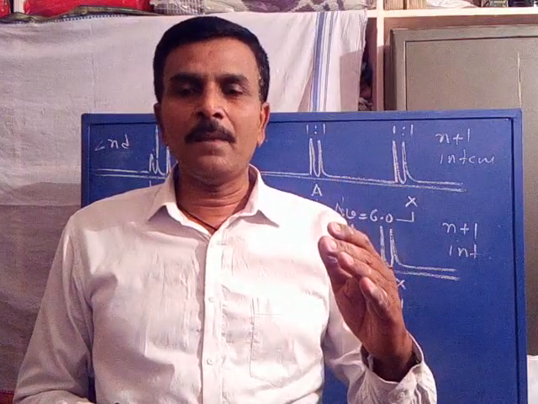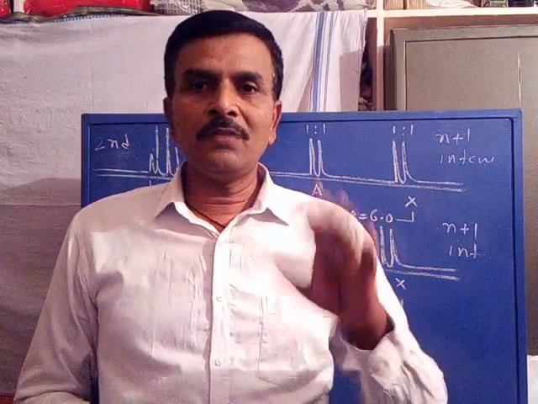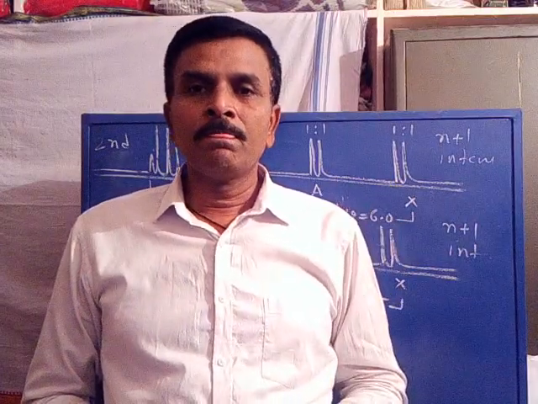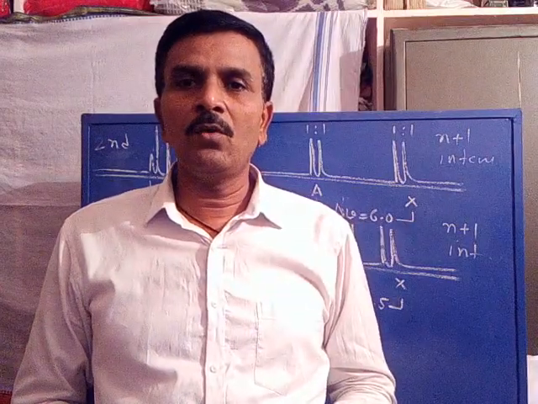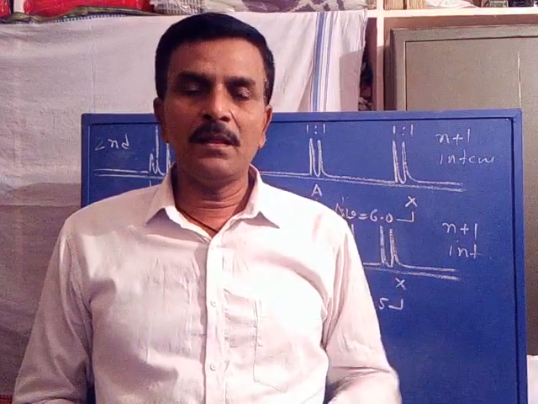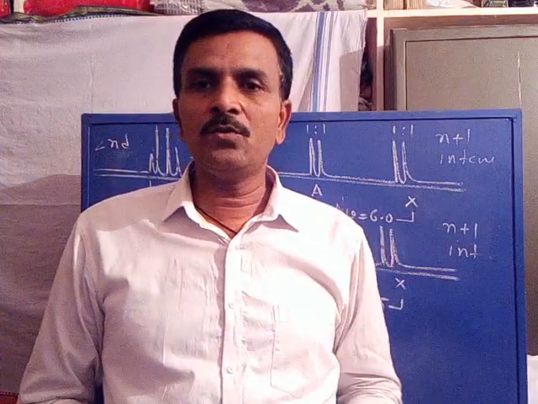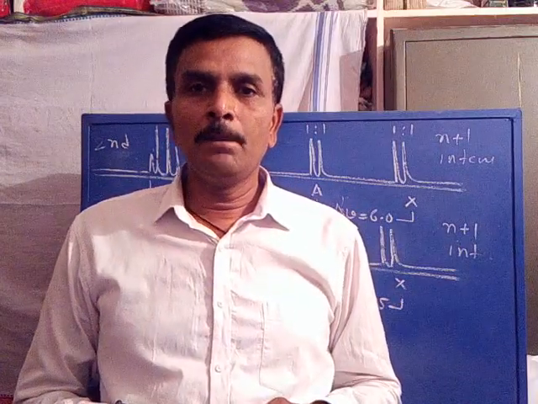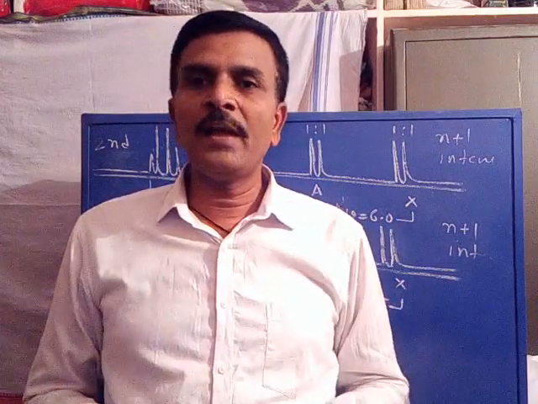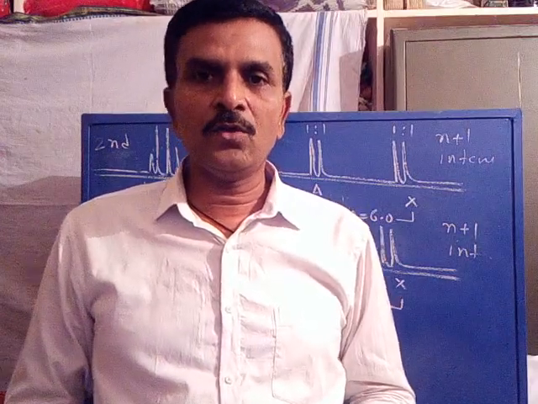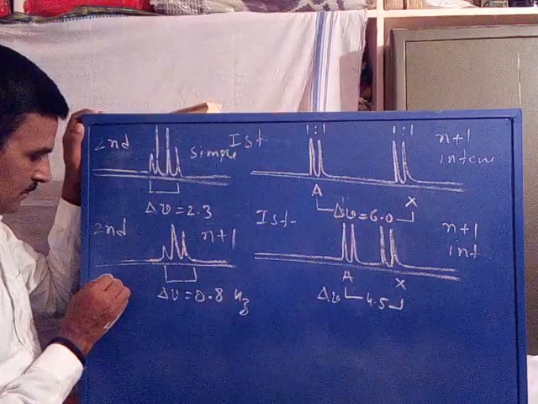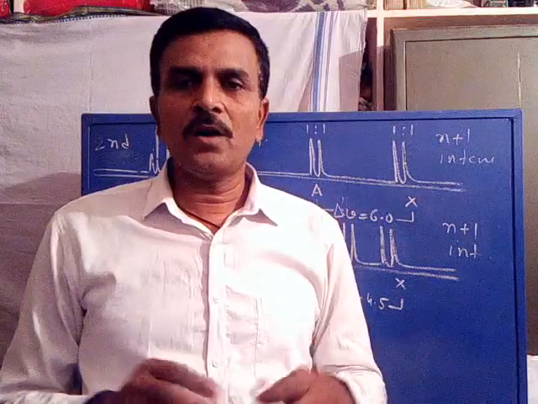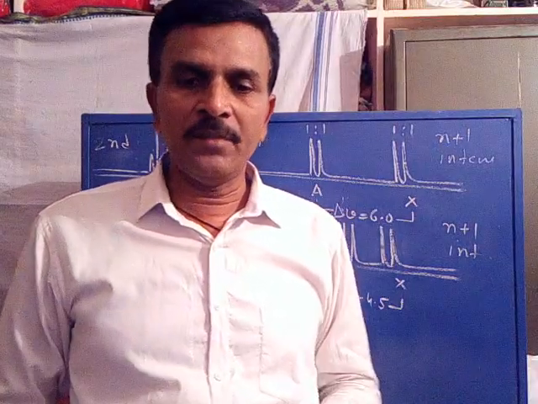Delta nu divided by J, if it is equal to 0 to 5, then the spectrum of those molecules is called second order. For the second order NMR spectrum, the signals are not exactly according to n+1 rule, and the multiplicity signal intensities are not according to simple intensity rule. So these two rules are not applicable. There is a distortion observed in the multiplicity, and there is also overlapping observed in the multiplicity. The spectrum becomes complex. Is it clear? So up to this, the second order NMR spectrum is completed.